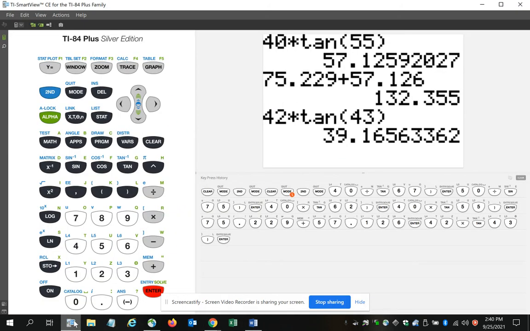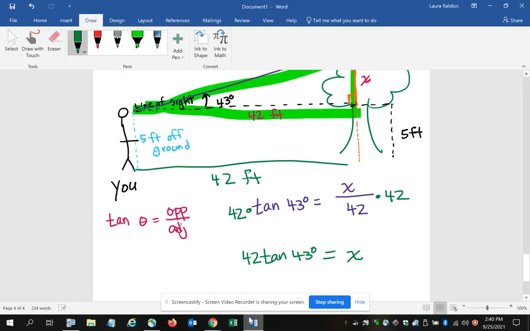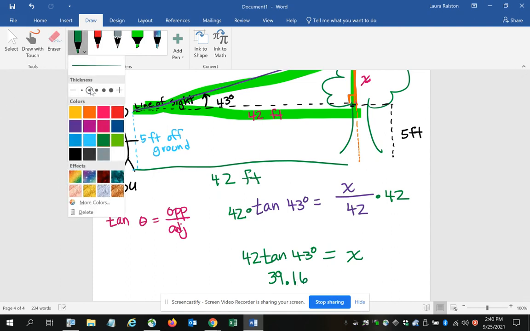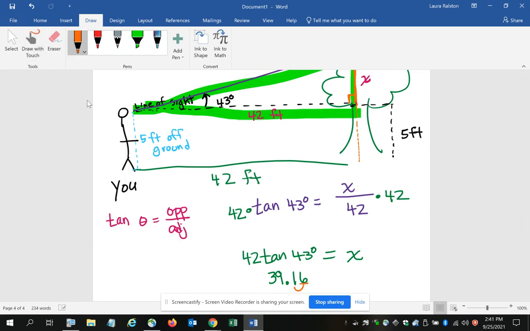So we got 39.16, rounding to the nearest tenth, which is 1 decimal place. The 6 will bump the 1. So my answer is 39.2 feet. But that measures from your line of sight